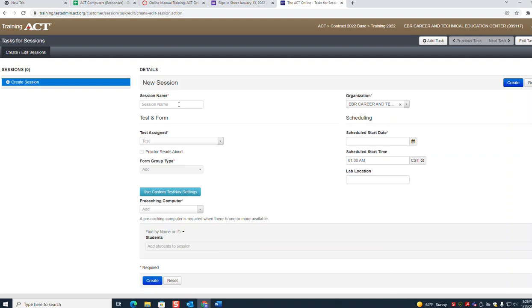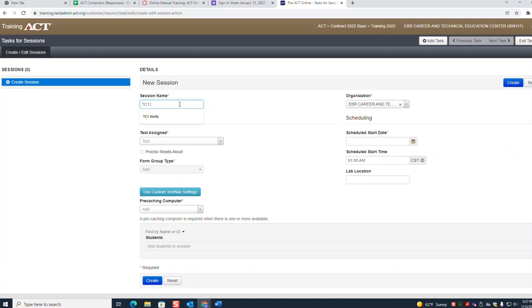So you have to think about how you're going to name your sessions. Some of you are big schools, especially for standard time, and will try to test all your students in one day. So you may be talking about at least 20 sessions. You've got to think about how to name this. The way I would probably do it is, let's say standard time, I'd say TC1, and then I would